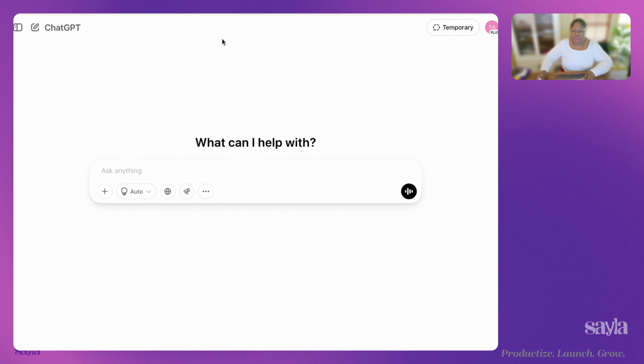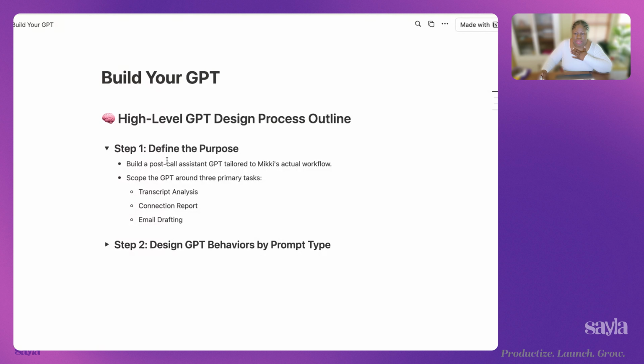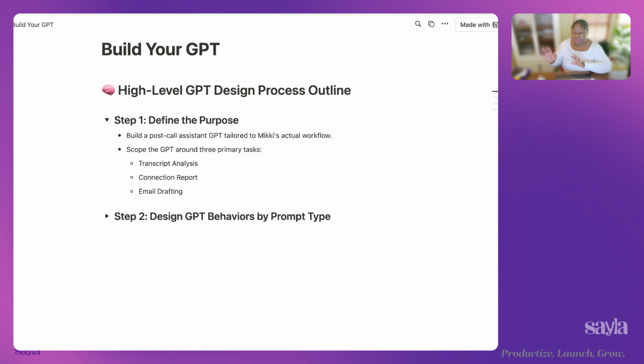So I also have a list of things that we're going to do. Before we dive into building, I like to define the purpose. Whenever I work with anybody on building tools and systems, hey, Bill, I see you in the chat. Whenever I work with teams, we really want to get succinct on the why we're building what we're building and who we're building it for. And when we skip that, we end up having to redo the build.